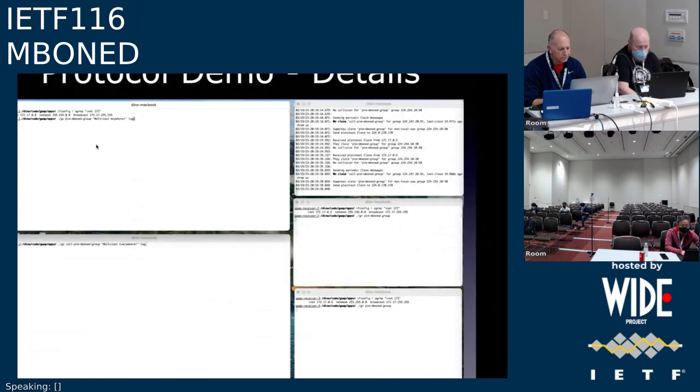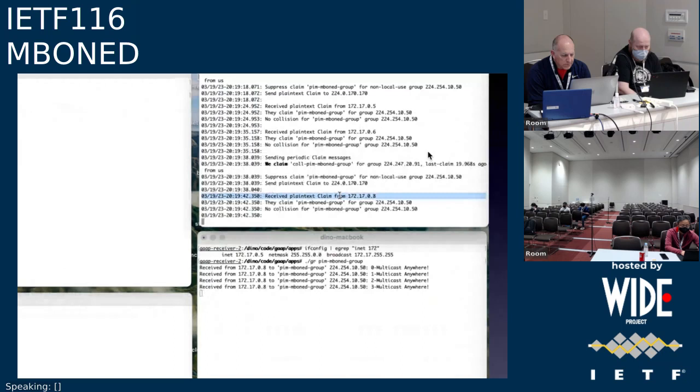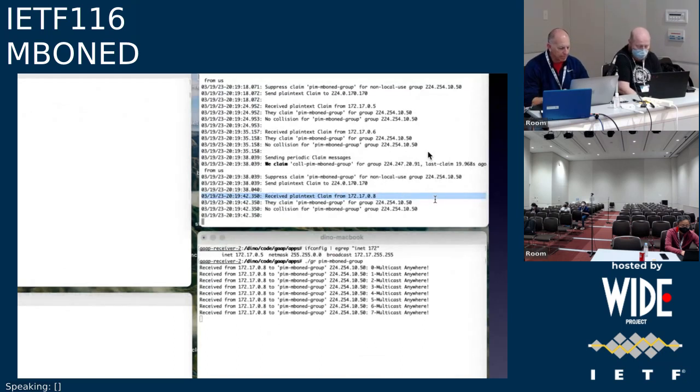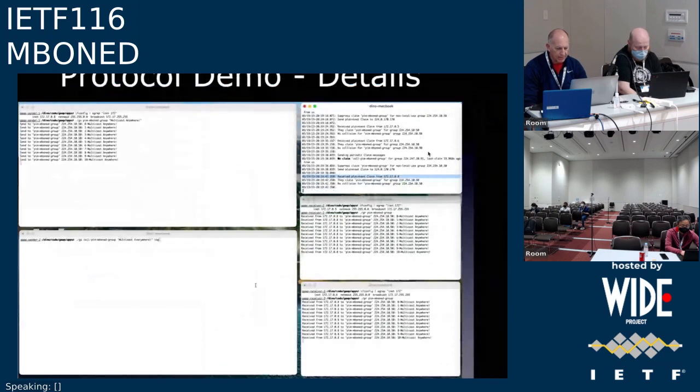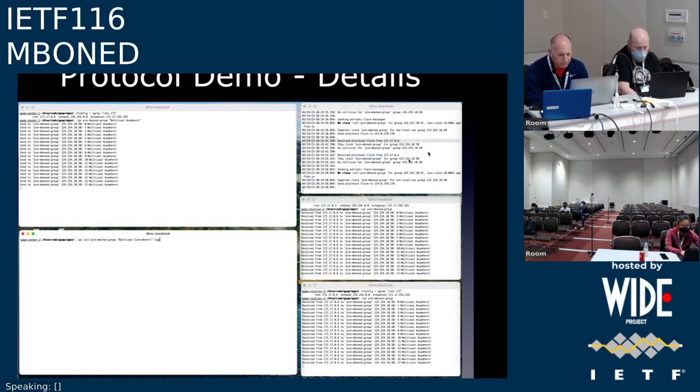Let's start up the application there. And we see that .8 came in just like the other 2 nodes. Everything's good. We see the 2 receivers running just fine. Okay. Now note that these 2 receivers are joined to PIM-MBONED group, and this guy up here is joined to